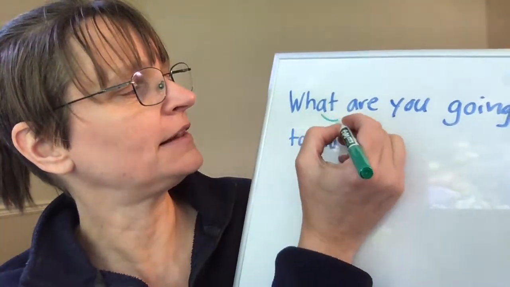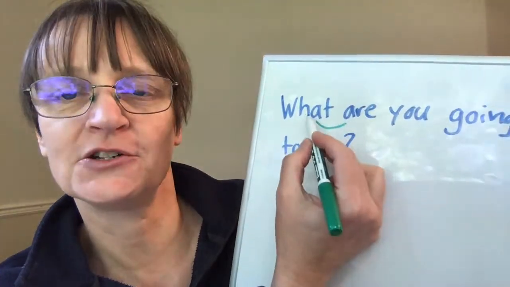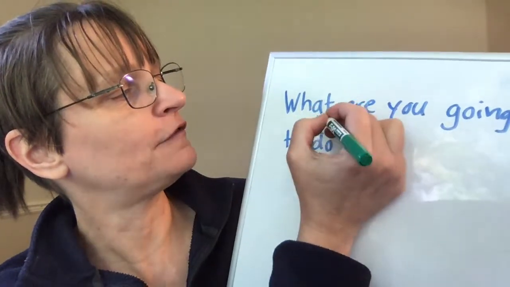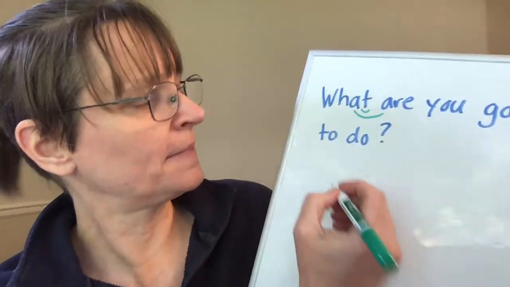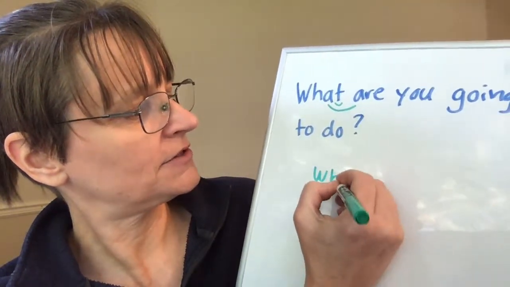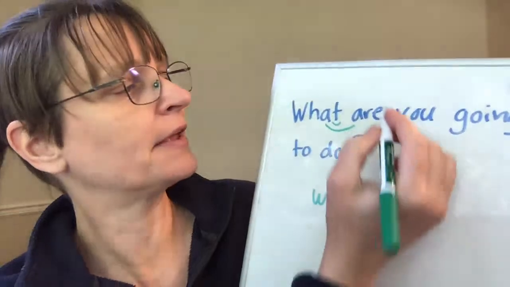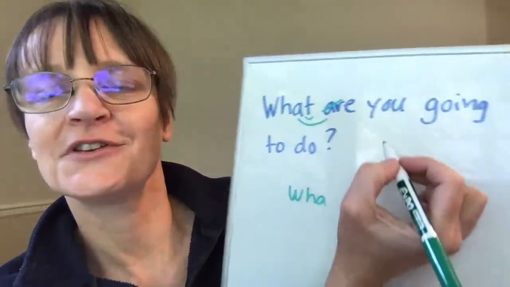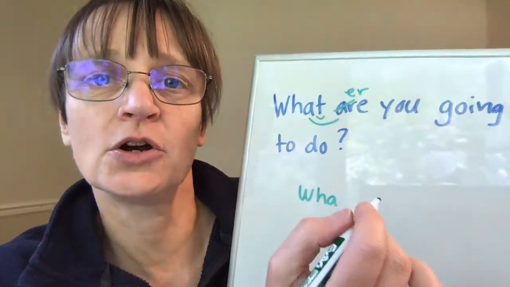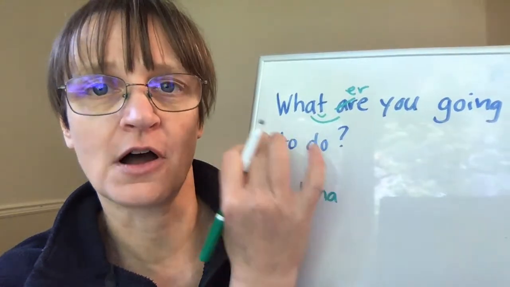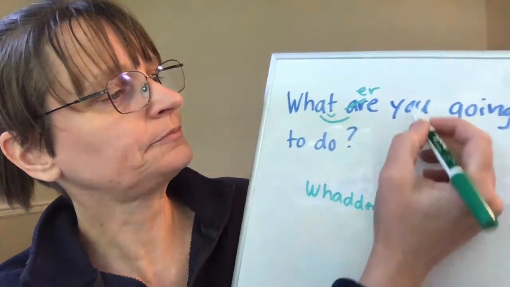First of all, I link what and are. And because of this, T is now between two vowel sounds, it becomes a flap T, sounds like a light D, or like a front flapped R. And so instead of what are, it sounds more like water. I also reduce the word are. A lot of the time in connected speech, it becomes just an R sound instead of a diphthong. So what are becomes water.